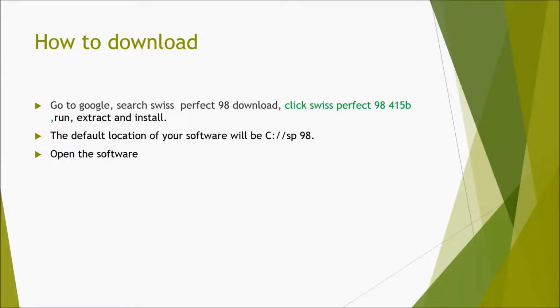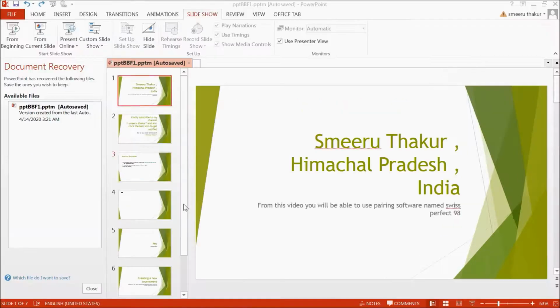So, firstly, how to download? To download, you have to go to Google, search Swiss Perfect 98, download, and click Swiss Perfect 98. I will tell you practically how you can do this.